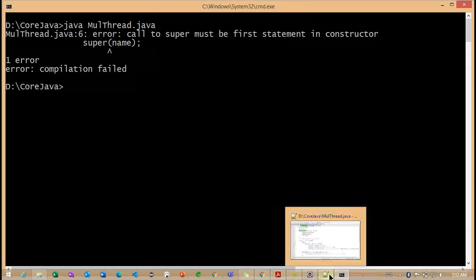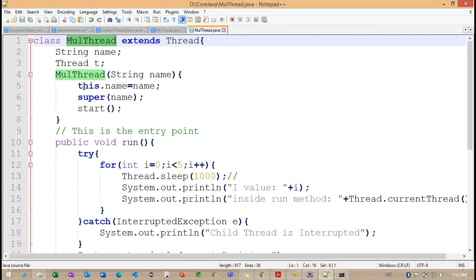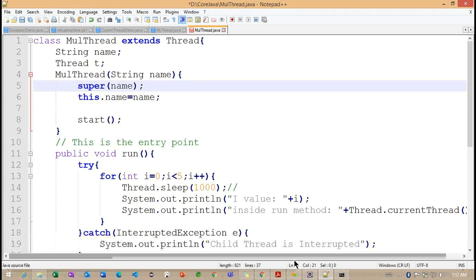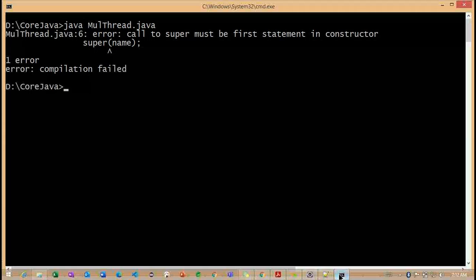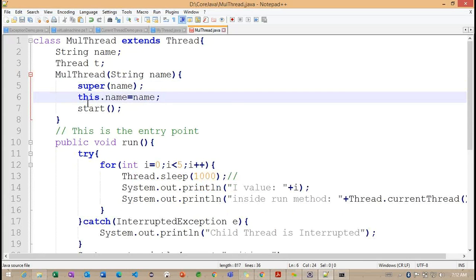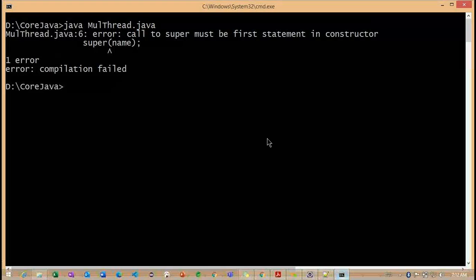Basically, while compiling, I gave only java instead of javac. The error was related to the super keyword, and I missed adding the compilation command javac.